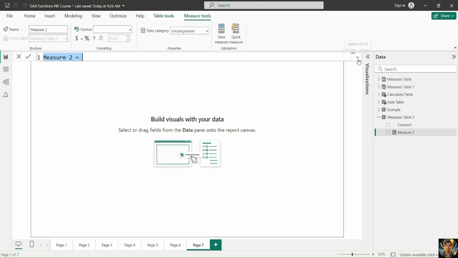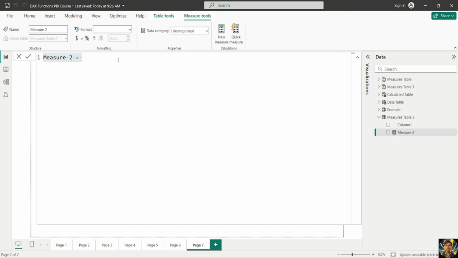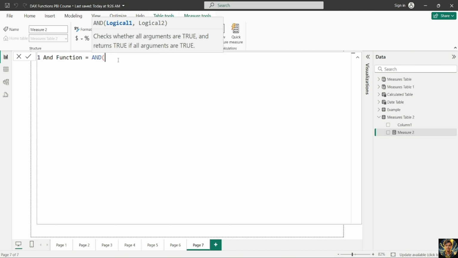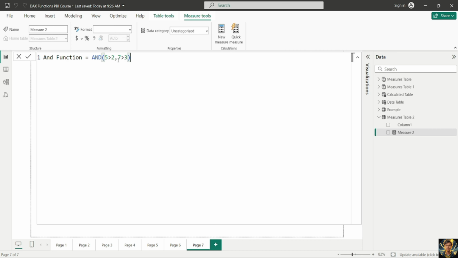So we can further expand this formula bar and let's name this measure AND function. So the first function that we are going to discuss is the AND function. On the right hand side of equal to, we can simply write AND and then specify the conditions. So let's say we write 5 is greater than 2, comma, 7 is greater than 3. This AND function will return true as the output only if both the conditions are true, right? So I will simply press enter